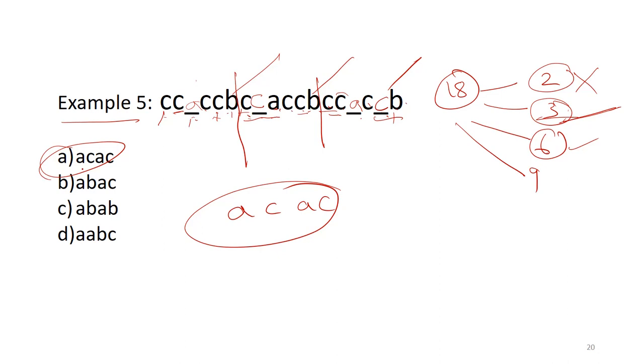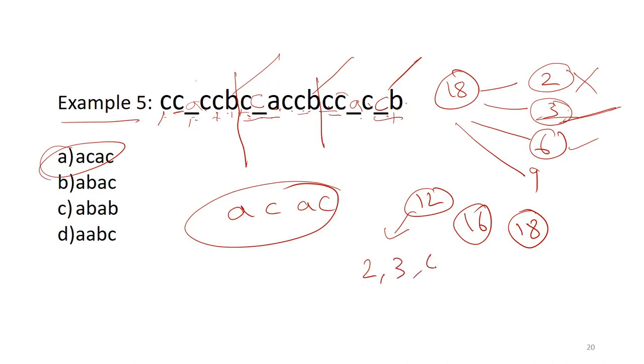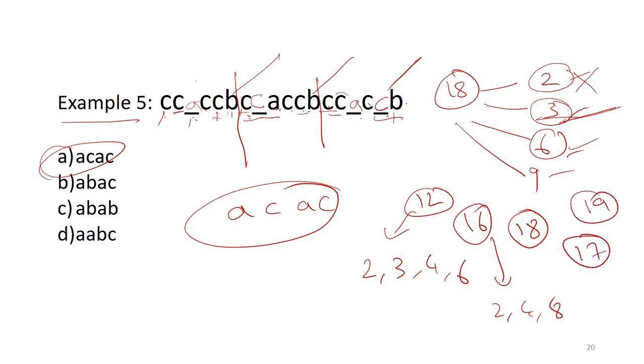So till now we were getting composite numbers as the number of terms in the series, like 12, 16, 18. All these are composite numbers that can be equally divided or spaced as groups. If I say 12, I can have groups of 2 each, or 3, 4, 6. Similarly for 16 it is 2, 4, 8. For 18, 2, 3, 6, 9. But what if the number of terms is not composite? If they are, let's say, prime numbers, if they are 19 numbers or 17 numbers, sorry, letters, how to solve?